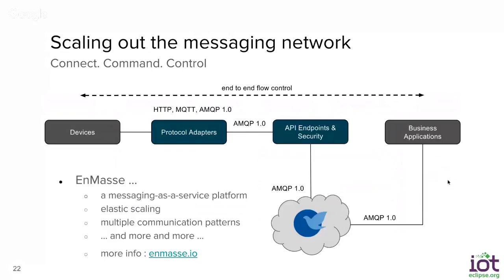During our development efforts, we very quickly realized that building a scalable AMQP messaging network, in particular with multiple brokers involved, is not trivial and very hard to do, actually. You need a lot of expertise for that. And that is also the reason why this is not in scope of Hono itself. Instead, we are working very closely with the EnMasse project. But Paolo, maybe you can tell us a little bit about that.